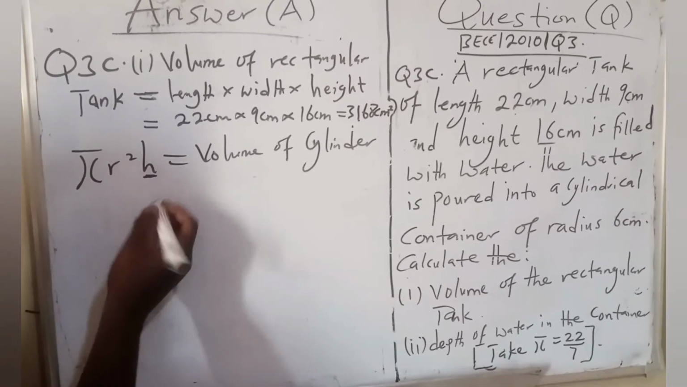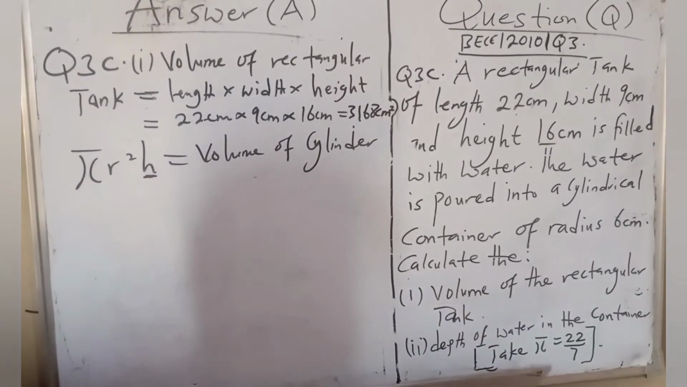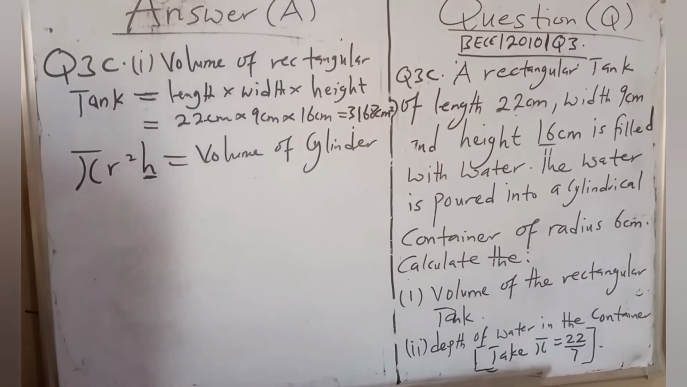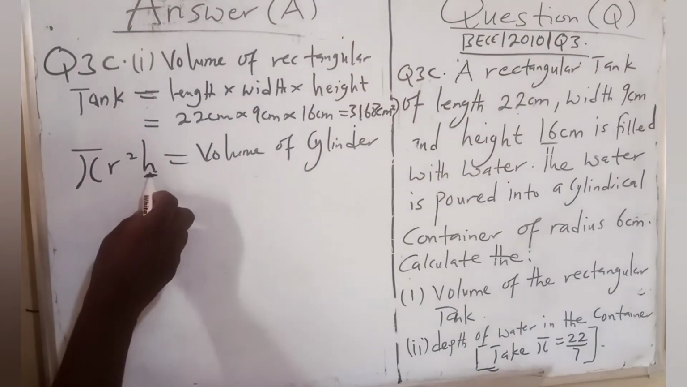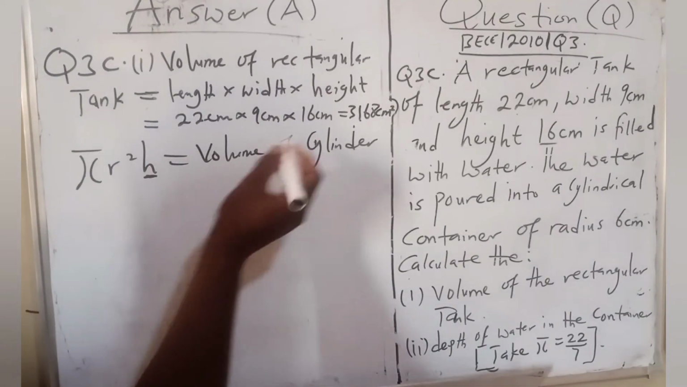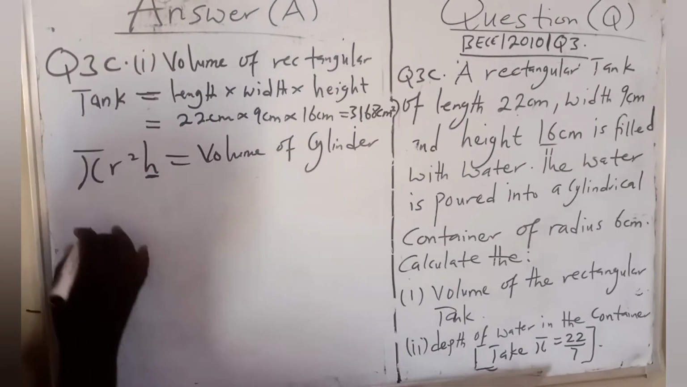So finding the depth will actually mean that we are finding what? The height. So the question, instead of asking us to find the height of the cylinder, they said we should find the depth of water in the container. Indirectly, they are actually asking us to find the what? The height of the cylinder. So equating this formula to the volume of water, we will have,